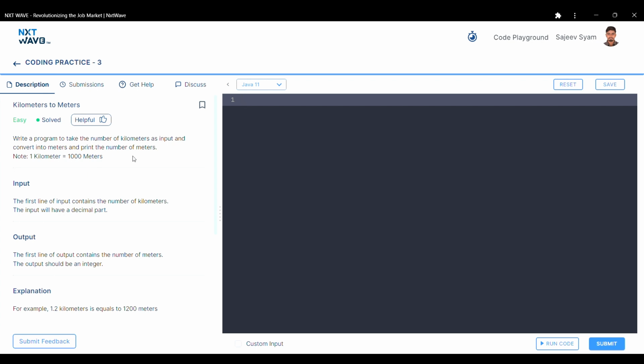That's fine. So here we should understand that they will provide the kilometer value, and we have to convert the kilometer value into a meters value, so we have to multiply the kilometers by 1000. 1 kilometer is equal to 1000 meters. The first line of input contains the kilometers, and it is a decimal value, so we have to take the input as a double or float type